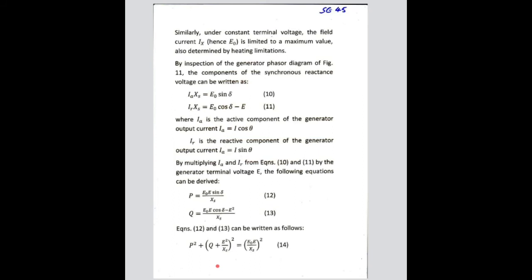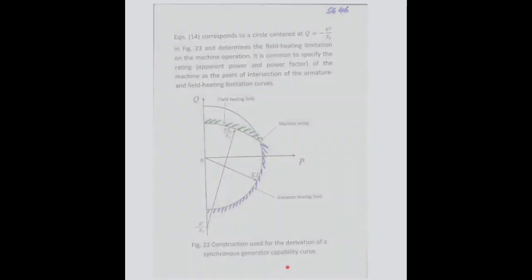So if you operate the machine at constant terminal voltage, and now you limit the field current If to its maximum value, what will happen is we will determine how much reactive power the machine can deliver. So if you look at the phasor diagram that I will show in the next slide,